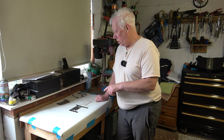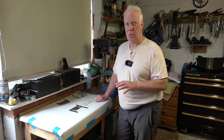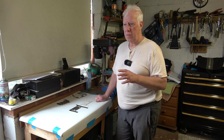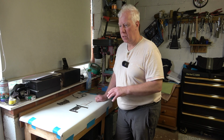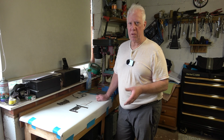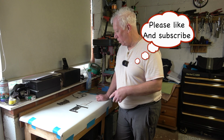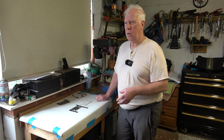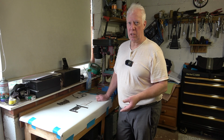I've already cut the metal out and I'm just getting used to this methodology of recording while I'm trying to manufacture something, and it's a difficult balance to get right. So you'll have to excuse me if I miss a few things out. You don't want to see me endlessly grinding some of the metal out of this, which I need to do. So it might be a fairly short video, it might not be, but I'll try to keep it as succinct